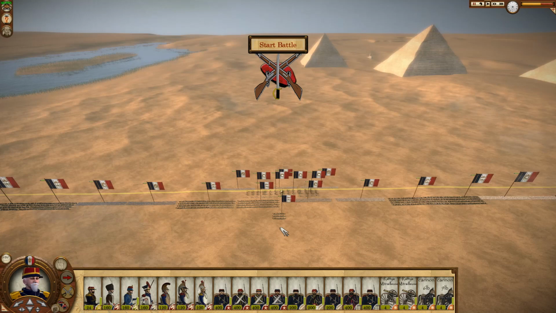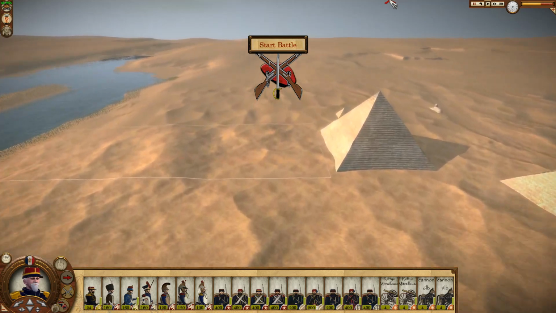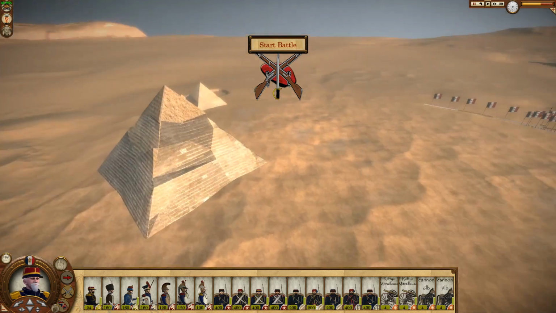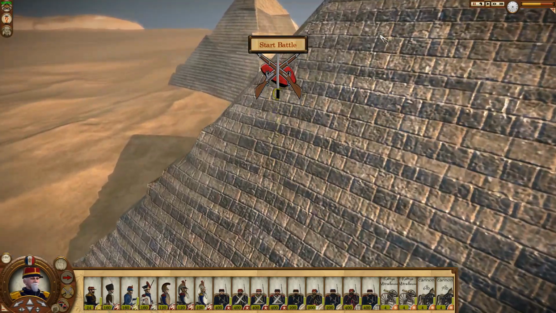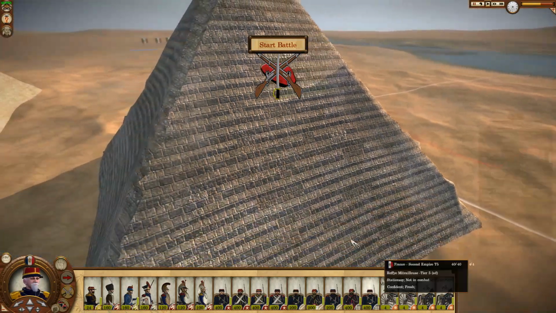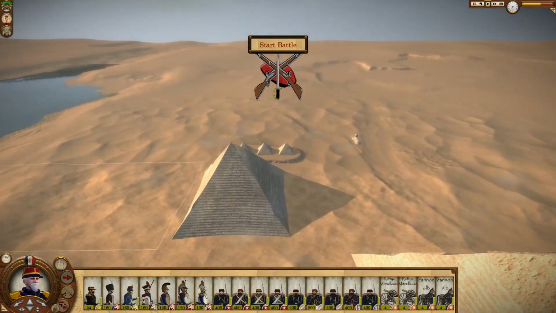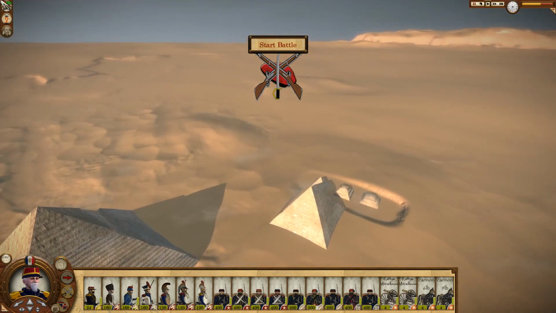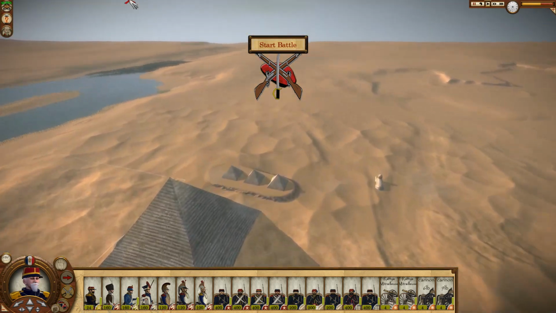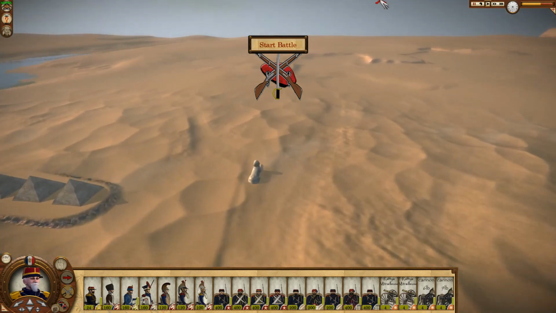So here we are at the map of Giza, and you can already see that we have the pyramids. I think that's pretty cool. Those are the famous pyramids of Khufu or Cheops, and then the other ones. I don't know all the names. And here you also have the smaller ones in the front, and you have the